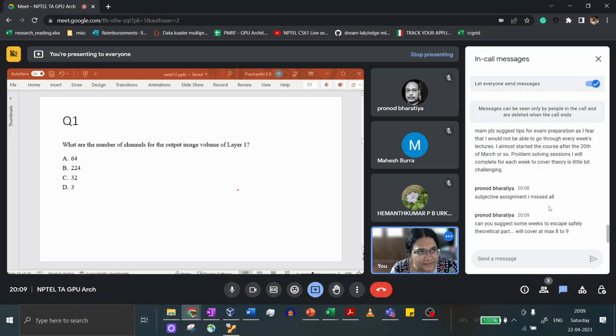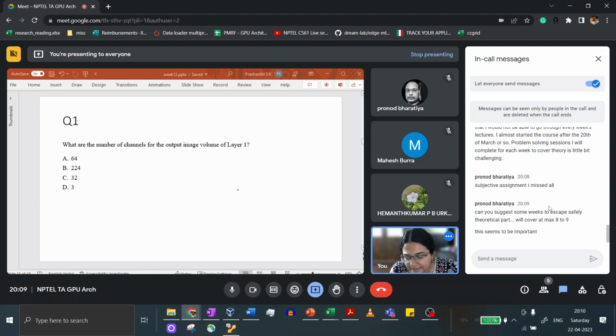I think from the first set of sessions, the kernel launches, I saw a lot of questions on the kernel launch and the launch parameters, right? And that sort of questions might be easier to solve, and once you solve a few, you kind of understand all of them. Theoretical questions, again, from the initial introductory parts, you will see a lot of them. And so going through those weeks' content, maybe week 1 and 2, would help you answer some of the theoretical questions also. So that should give you a reasonable thing.